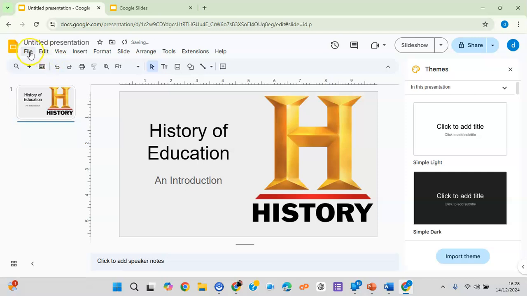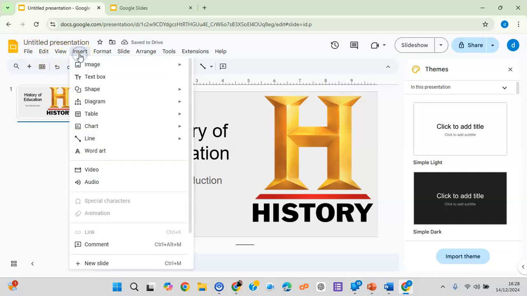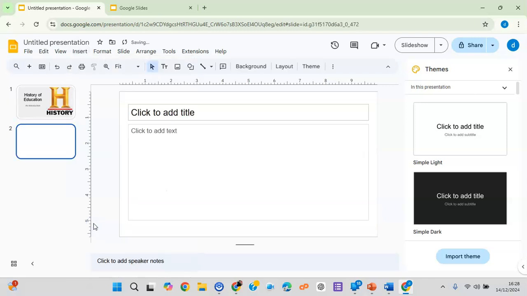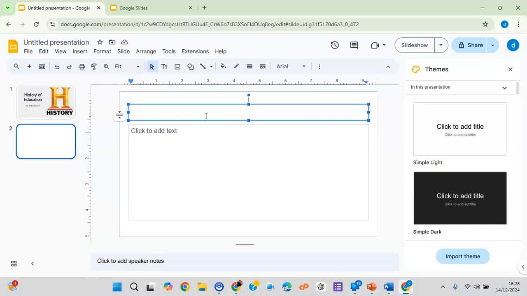You can also come here, insert, scroll down and new slide. And then if you look at the slide formats, you will see that it's a little bit different from the title slide. So we have our intro. Okay, you have the module